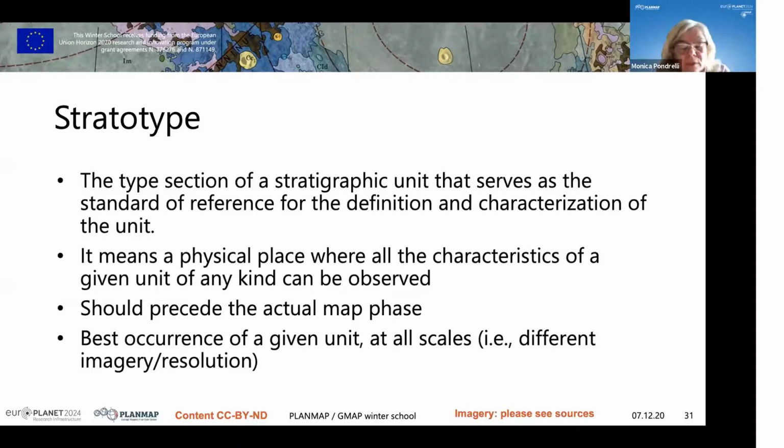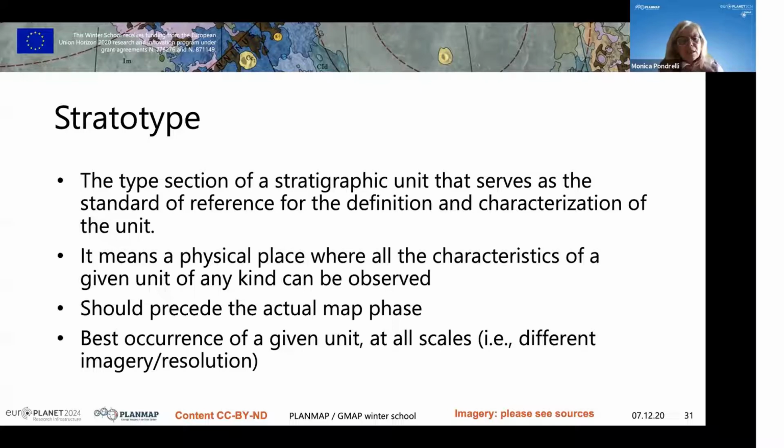And of course, this is the first thing that we have to do before starting to map, because we cannot map, of course, what we do not really know what it is. We can do something very similar even on Mars, even on the planets. Even if it's not a formal procedure, we can